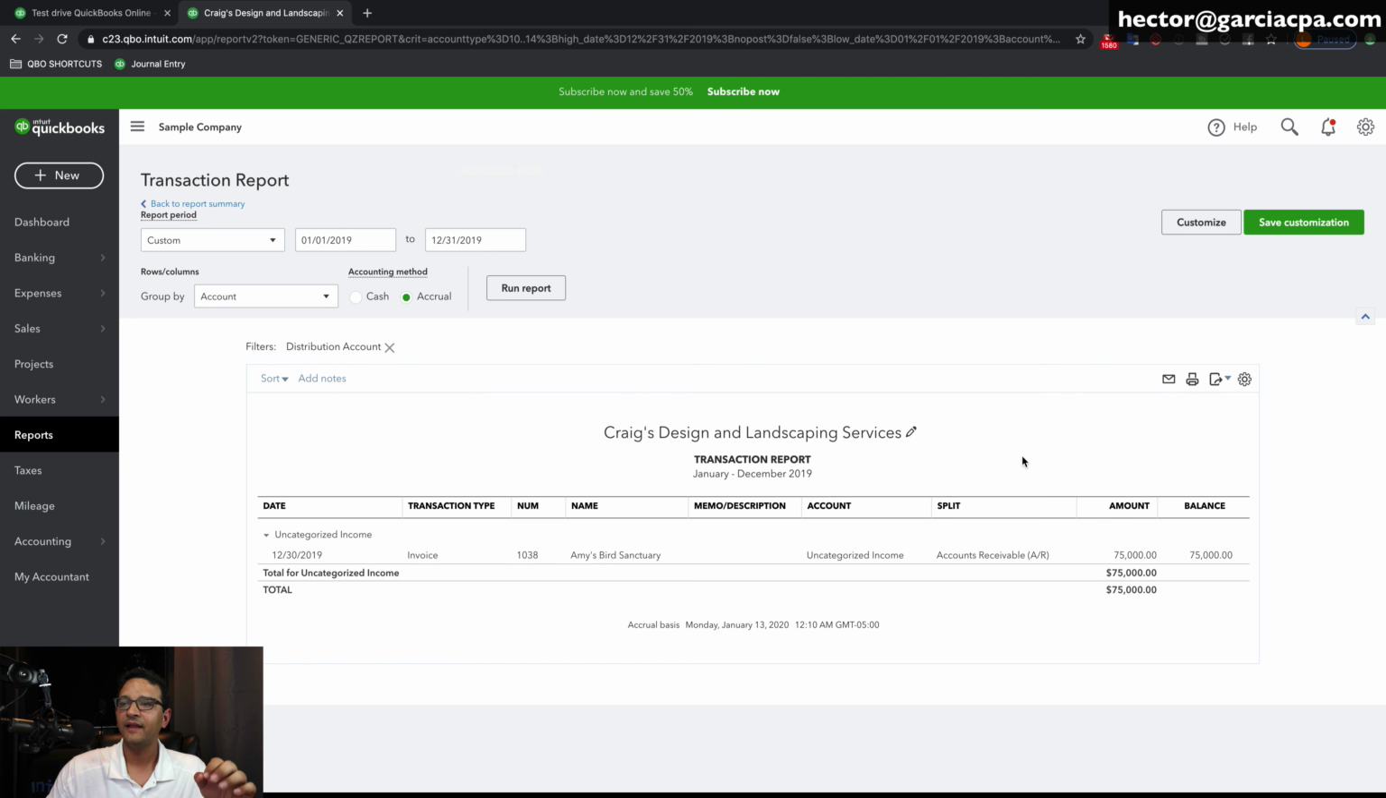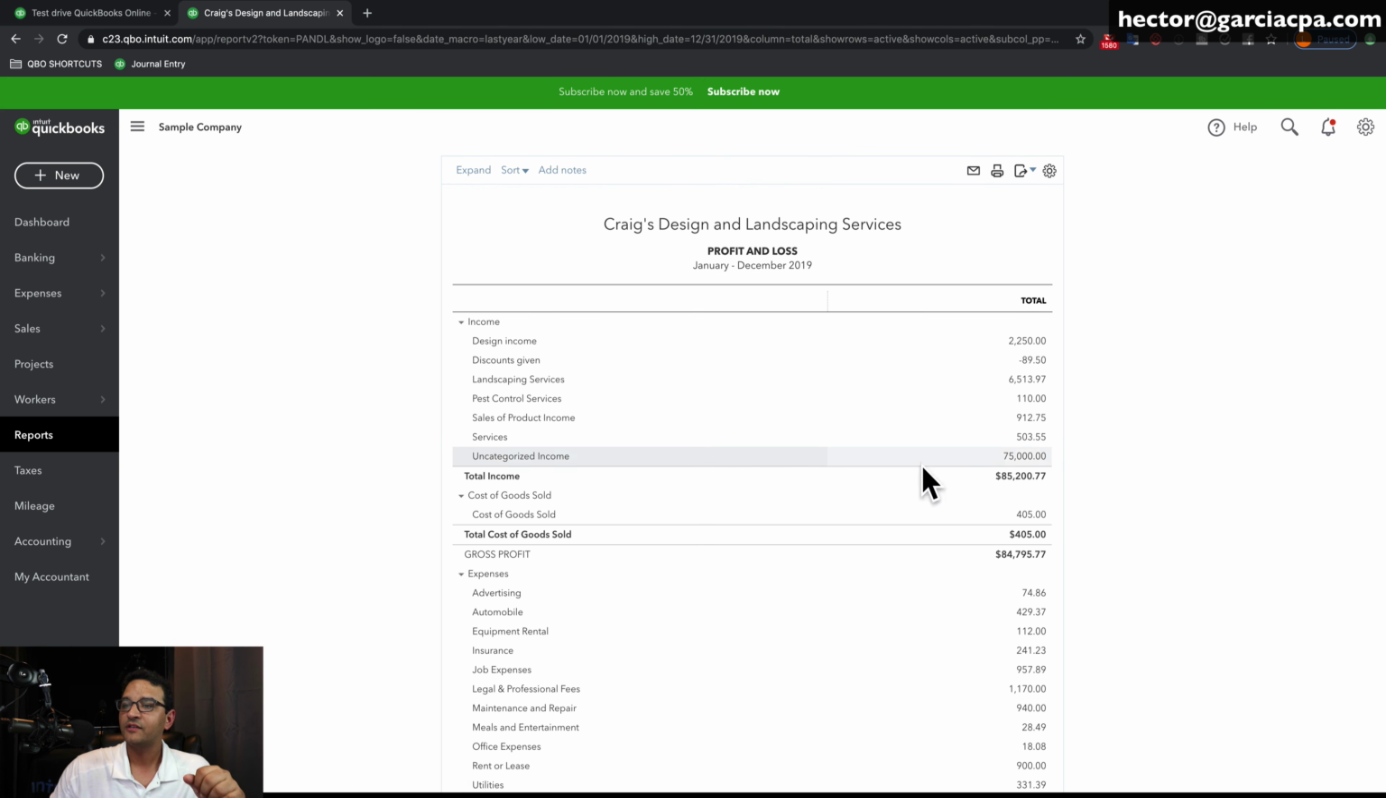So if I click on that and I'm looking at it, and let's say I want to reclassify this, and if I actually click on it, it'll take me back into the invoice, and then I won't be able to reclassify it because I can't choose an account from there. So the only way, let me go back to the profit and loss here. So the only way to move the $75,000 from uncategorized income into, let's say, for example, services, I would either have to do a journal entry, which is an option. We just saw how to do that. Or two, change the underlying item that is going to